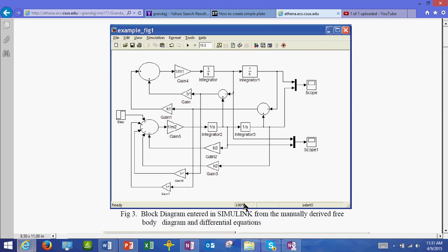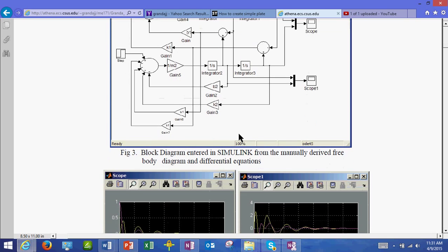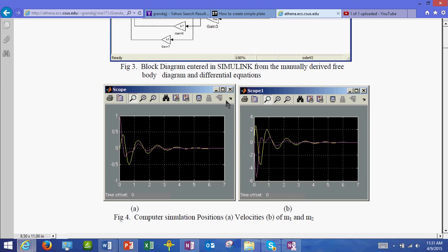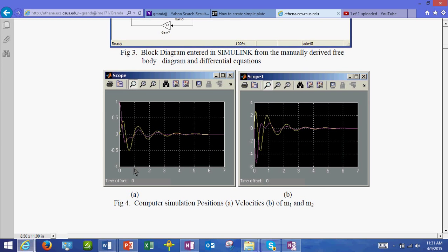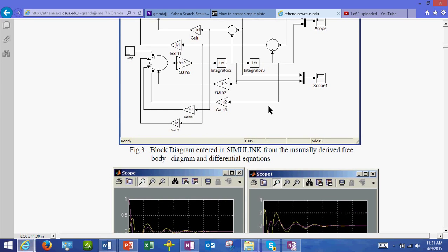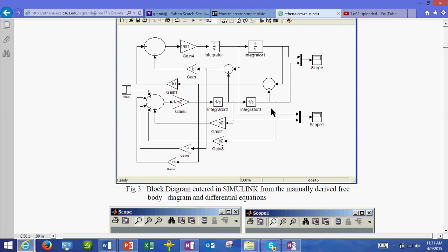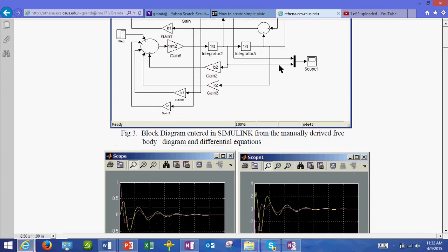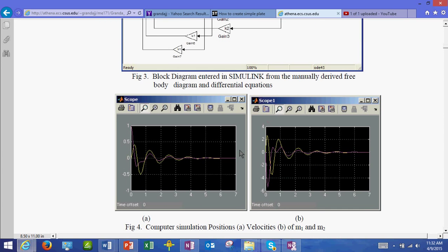These are from the manually derived differential equations. Here you have a simulation of this, with the two signals that you see in there: the position and velocity for both of those. So okay,